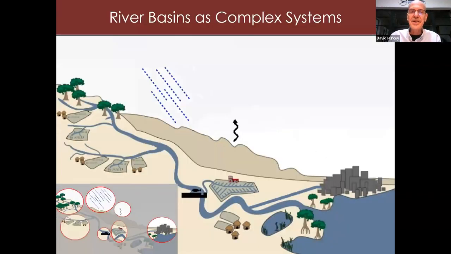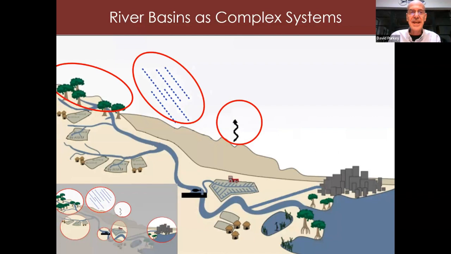And just to close, as Manuel said, river basins are complex systems, right? So, I mean, if the gray box is the current conditions, in the future we might have less precipitation, and we might have higher evapotranspiration because of climate change. We might have changes in land use in the headwaters of our river basins, deforestation or reforestation. We might have